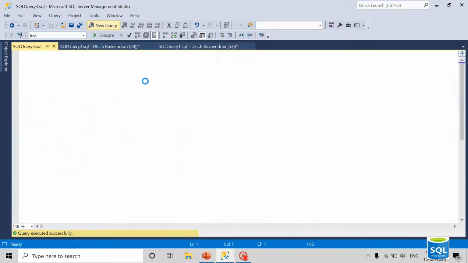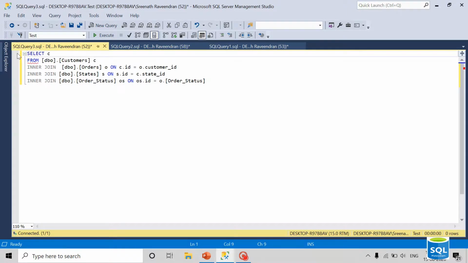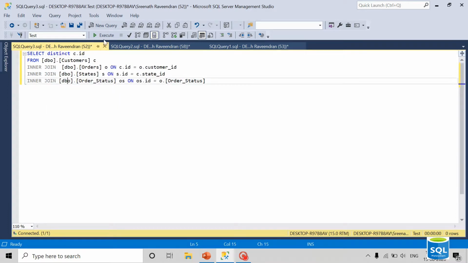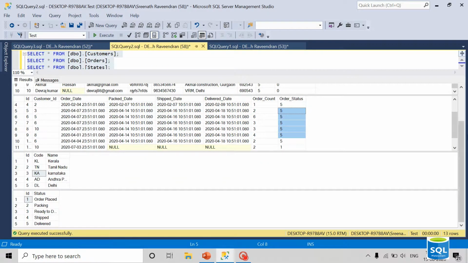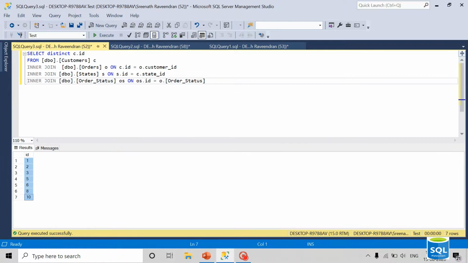Let's move into a new query window, and I am just selecting only the distinct customer c.id. As you can see here, I have got only 7 customers. But in the customer table, I have 10 different customers, and out of those 10, I got only 7 when I use inner join.